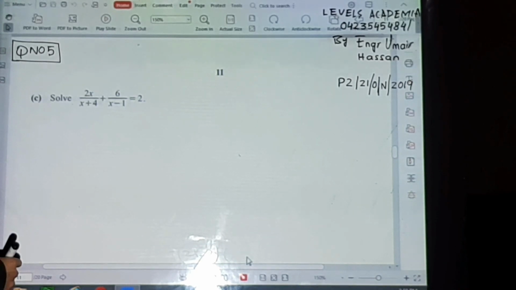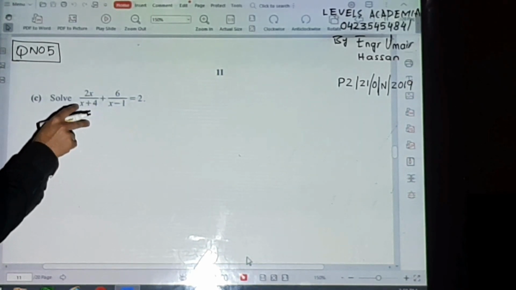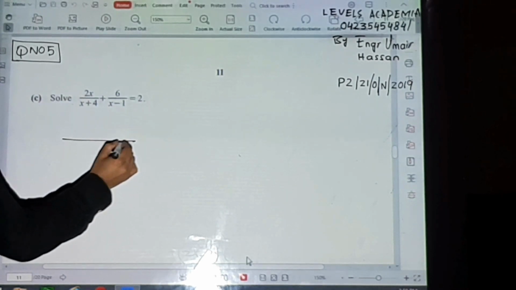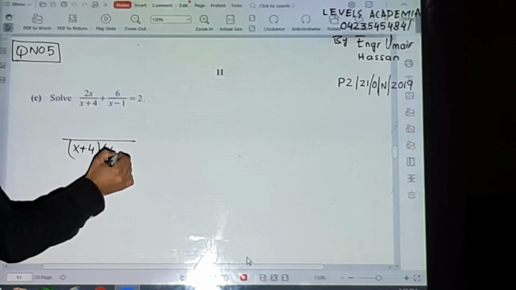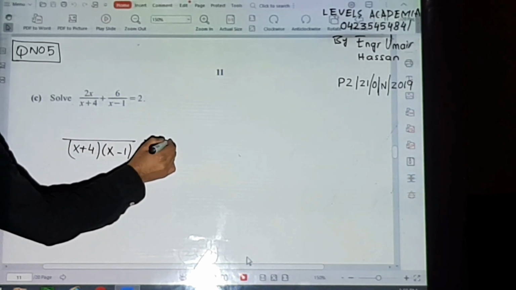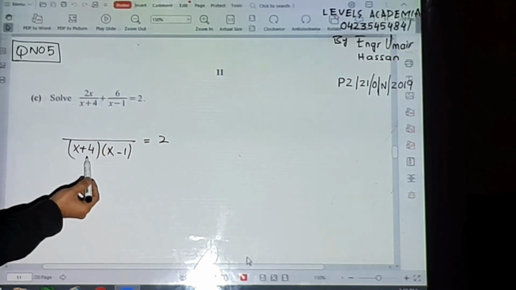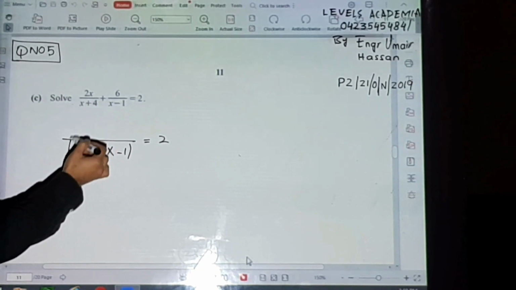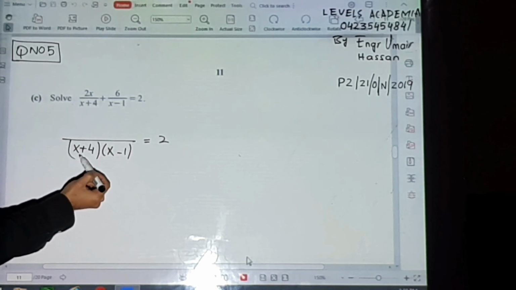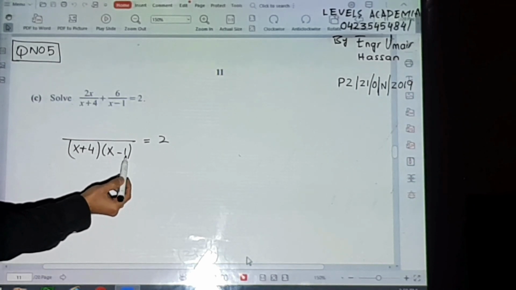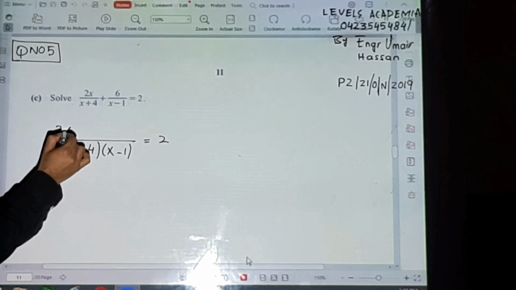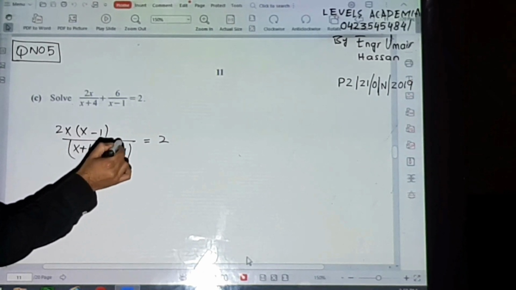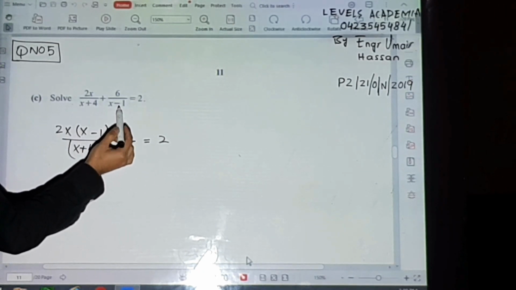Okay, we have an algebraic equation with fractional terms over here. So, take LCM in this case. X plus 4 and x minus 1 will be the LCM. Now, x plus 4 and x plus 4, the like terms will be cancelled. X plus 4 will be cancelled with x plus 4, we will be left with x minus 1. So, multiply x minus 1 with 2x, one of the process of taking the LCM, plus x minus 1 and